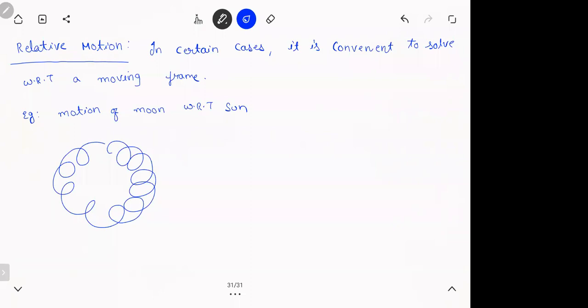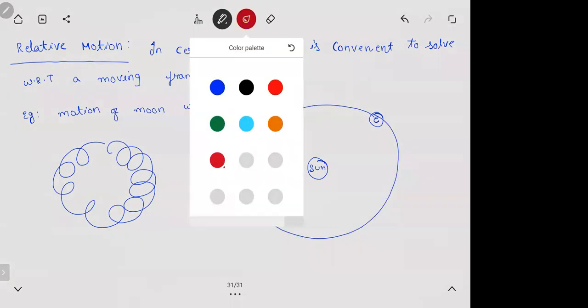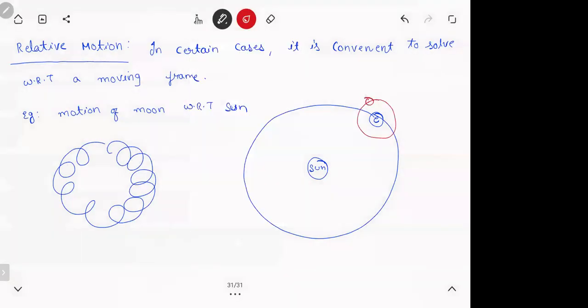If you ever go to a jalebi counter, now you'll see like this. Round jalebis. Pretty complicated path. But instead of this, if you see it this way, from the sun, see the earth. How will earth be? Almost a circle. With respect to earth, how is the moon? Another circle. So if someone asks you, sir, how does the motion of moon look with respect to sun? Then the best thing is first locate the earth, that's a circle. And then locate the moon from the earth, that is another circle. So it's a combination of two circles, right?